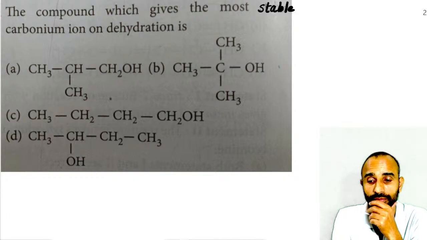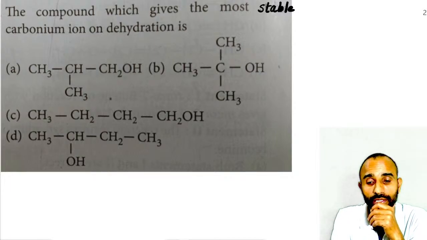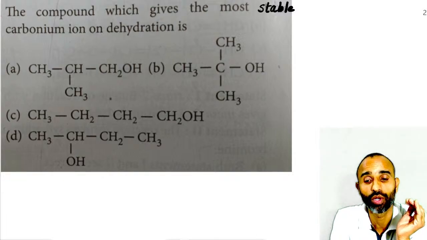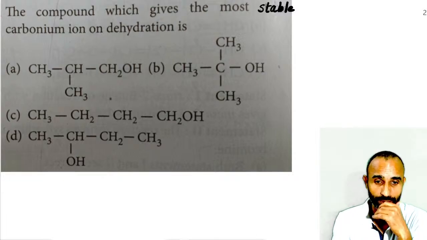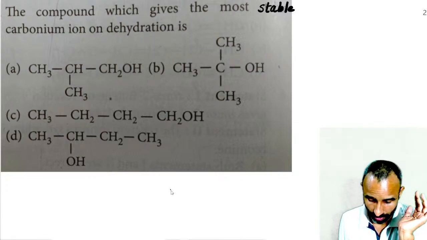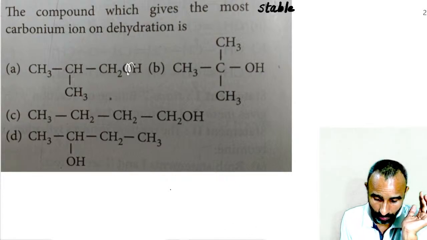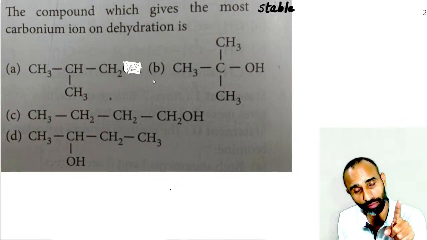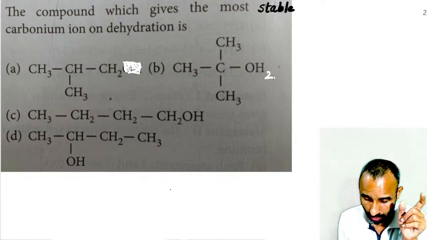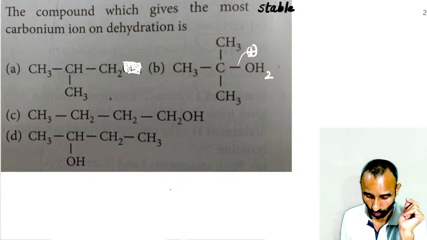So dehydration will be from alpha beta carbons. Actually, dehydration means removal of what? Water. So, whenever dehydration takes place, carbonium ion is formed. Obviously, when water is formed, this OH will be removed. In acidic medium, this OH becomes OH2 positive, and therefore this is removed. Yes. So when this is removed,